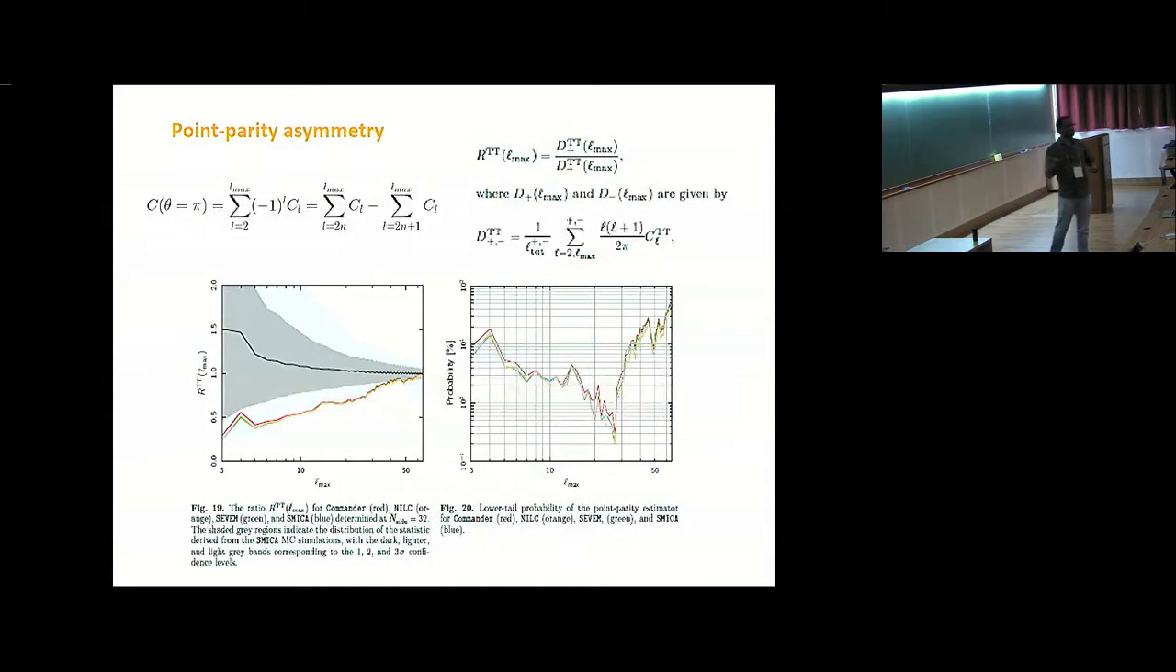So in the standard model, you don't expect that there is a preference for more power in even multipoles or odd multipoles. So if there is any departure from standard model expectations, then there will be a preference for even or odd power. So indeed, it was found that there is a preference for odd parity, in the sense